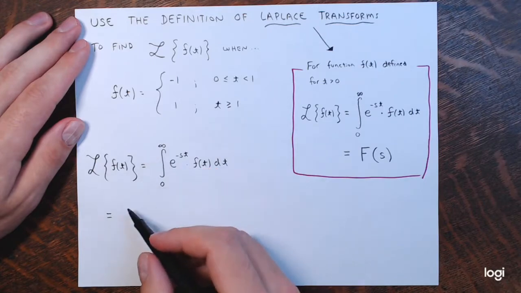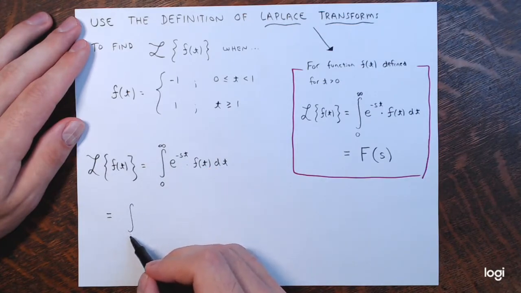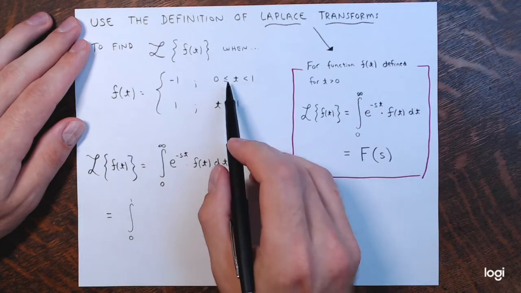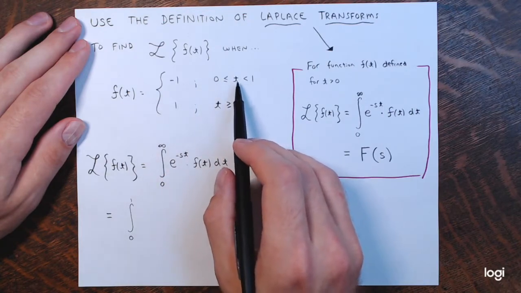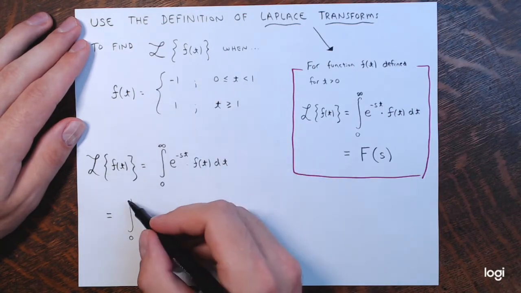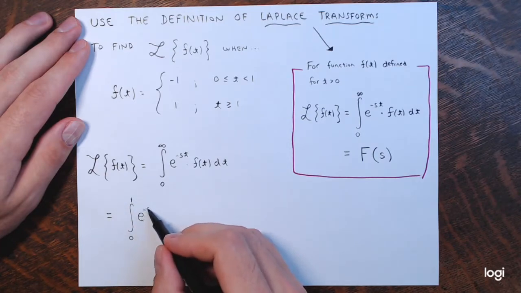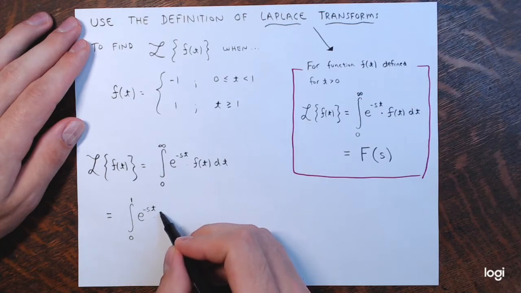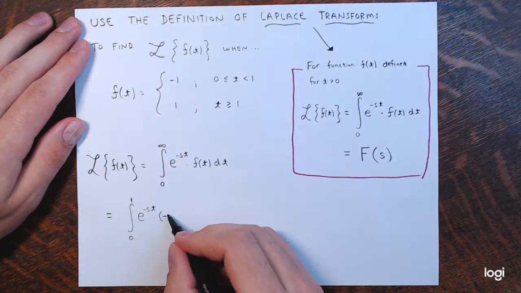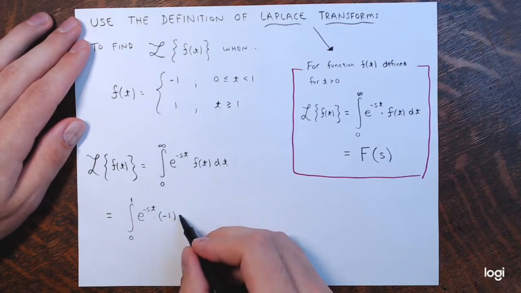So the integral from 0 to infinity I can break up into the integral from 0 to 1, right? Because that first piece of the function is defined that way on the interval from 0 to 1, of e to the negative st times, and then f of t on this interval is defined as simply -1, and then you have dt